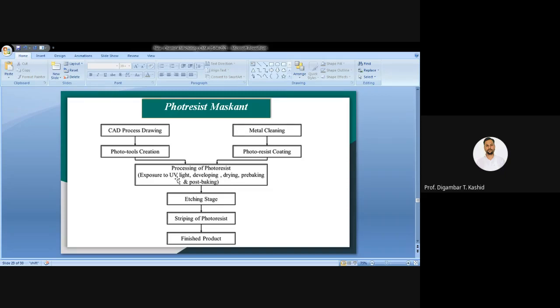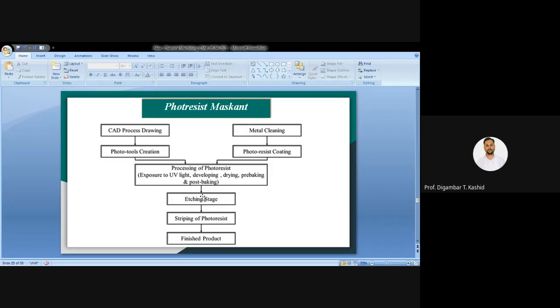That means from that portion only we have to remove the material, and after that exposure, you have to remove the photoresist from where you have to remove the material. Okay, that is called development.